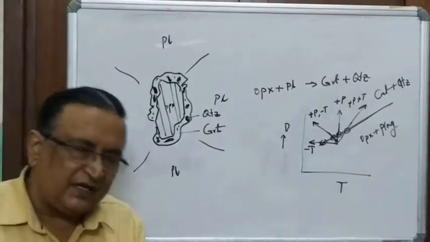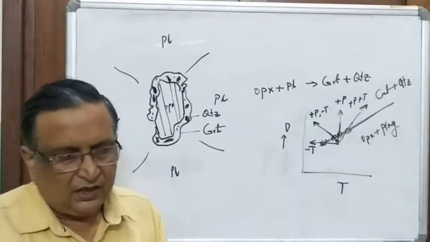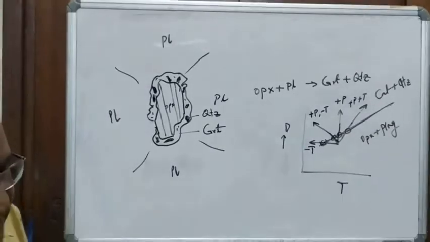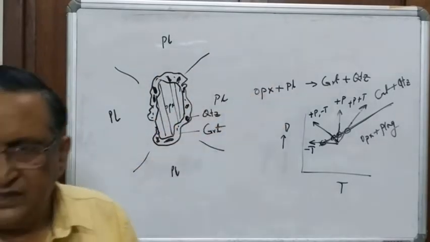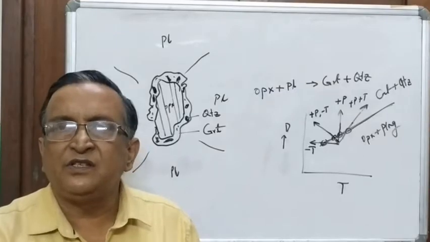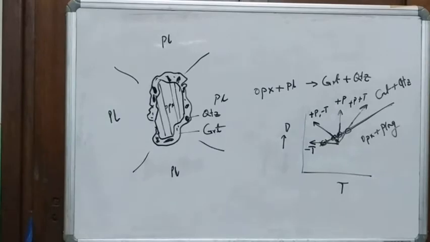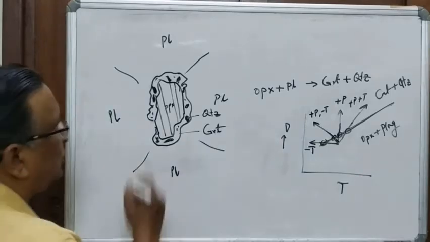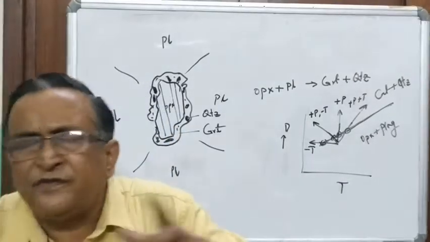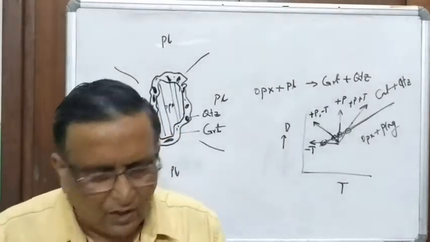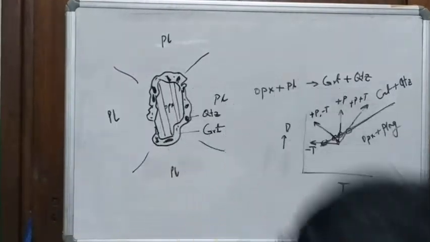The significance of it, the PT paths, let's not discuss this at the moment. We are still not there to realize the complications or the implications of this. But for the moment, we try and understand the assemblage orthopyroxene plus plagioclase is equal to garnet plus quartz. Now, important here is something else. What is the system? If you don't bring on a lot of complexity, then the assemblage